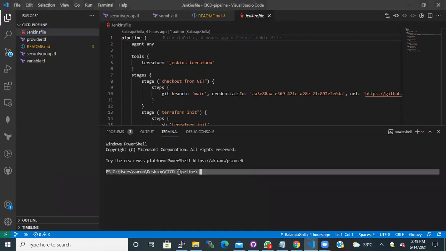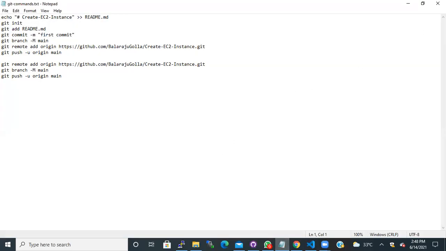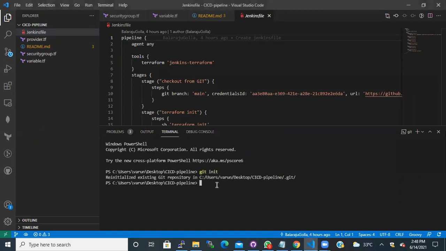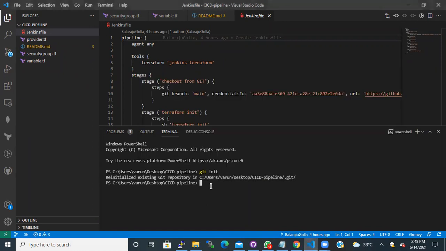This is my project folder. And what we'll be doing now is using these commands. Git init, git is initiated, and then I have already added. It's not only the README file that I have updated, I have also updated the security group code file.